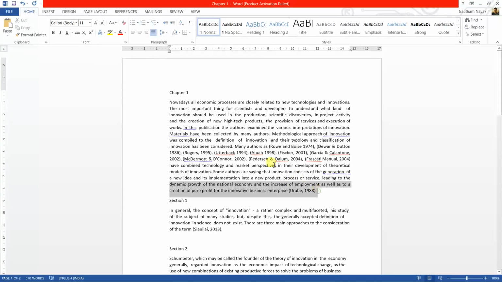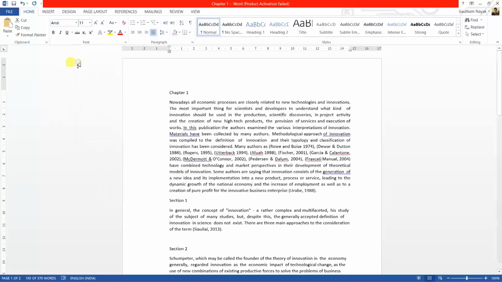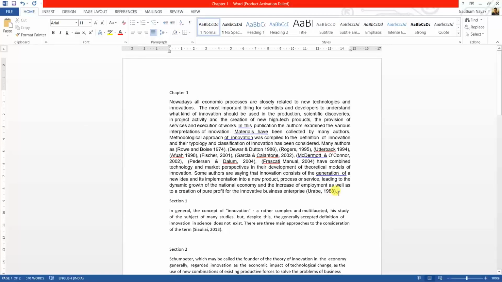Now we can also change the font. So I will drag and select, and we will change the font to Arial. Make sure even in your documents we use Arial as the standard font for headings and body content. The entire document we will be using Arial as the font. The body content should be in font size 11 points, so we will keep it to 11 points.